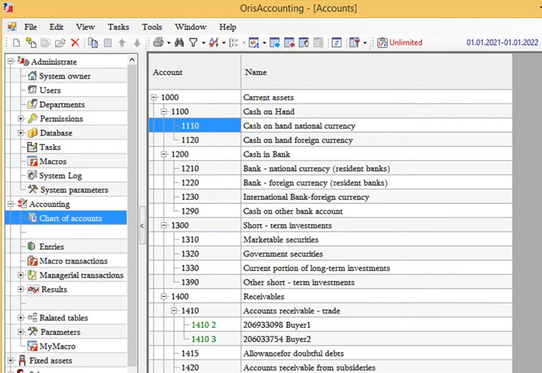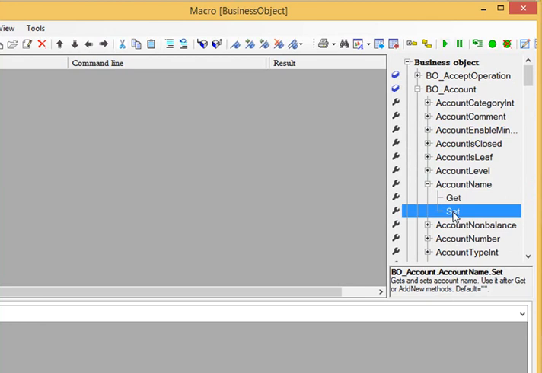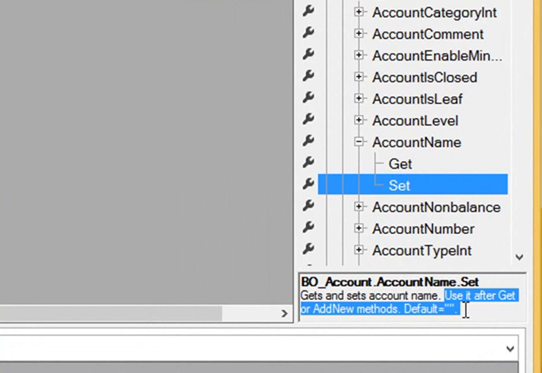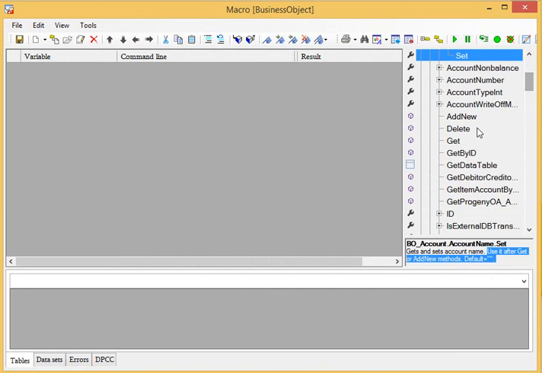object. So we should use the account name business object and set a new name for the selected account, but this macro says before using the set macro we should use the get or add new method first, because we need to extract information from the database, or add a new record, a new account in this case. So I'm gonna double click on the get method,